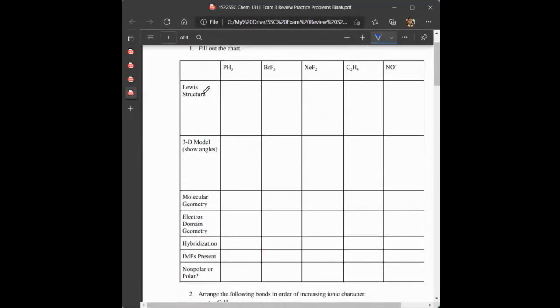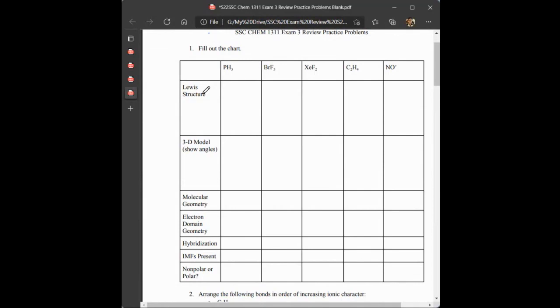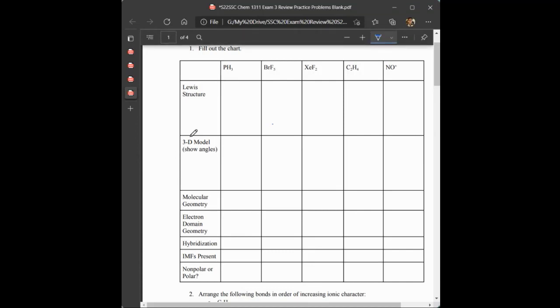So we were asked to fill out this chart, and this chart gives us a bunch of compounds. We're asked to find the Lewis structure, the 3D model, the molecular geometry, the electron domain geometry, hybridization, IMFs present, and then polar or non-polar. So it's a long problem if it's only one problem, but we're going to go ahead and work through it. Okay, so the first step of any of these problems is just to count the electrons,